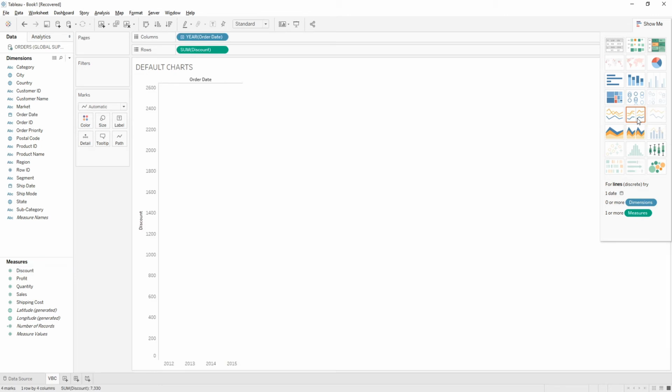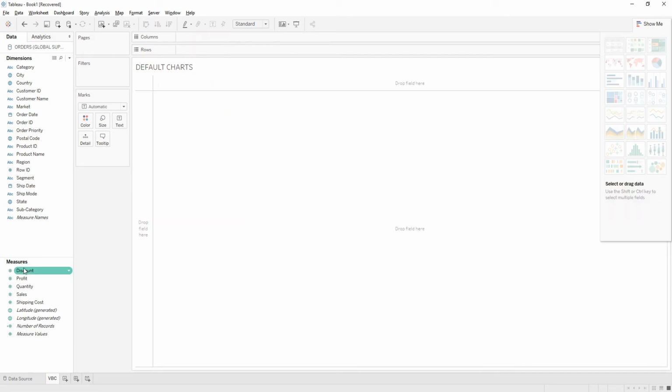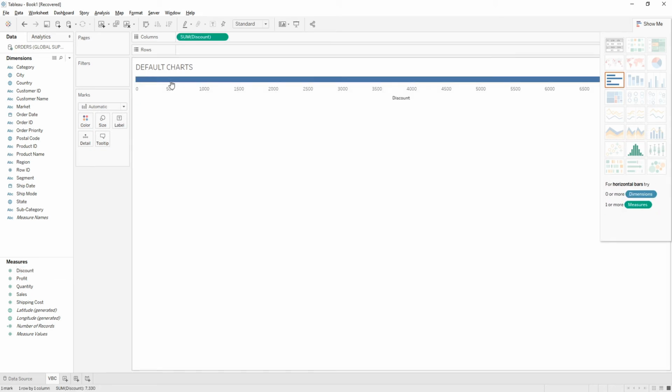But the default chart that is highly recommended is line chart. And while double clicking on it, it will be creating a line chart on the view for order date and discount. Next we have numerical measures, and with these numerical measures the best suitable type of chart is bar chart, or it can also create a histogram. While double clicking over it, it will be creating the bar chart in horizontal manner, and we can swap it